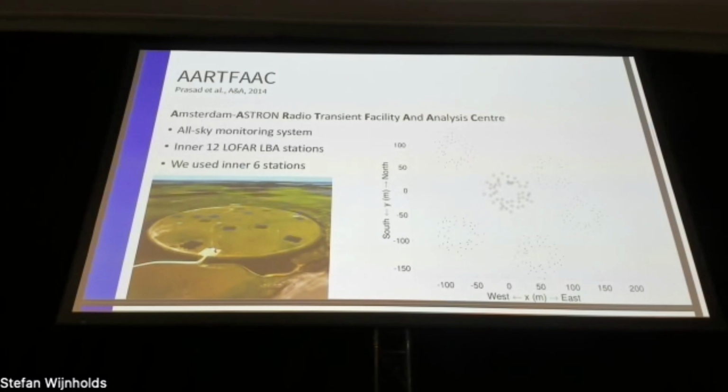For this experiment, for this test, we use the inner 6 LOFAR stations, of which you see an aerial photograph on the bottom left, and on the right you see the array configuration. You may notice that the antennas in one station are marked with red dots, and that is because we decided to try how well does the algorithm work for data for a single LOFAR station, and how well does it work for the larger configuration of 6 stations, but basically as a superstation,